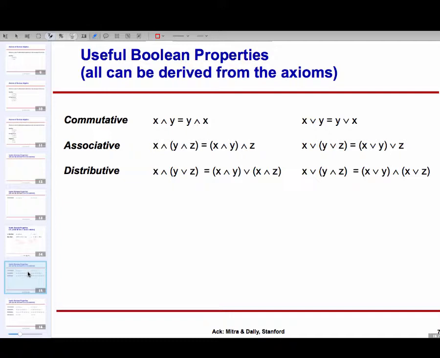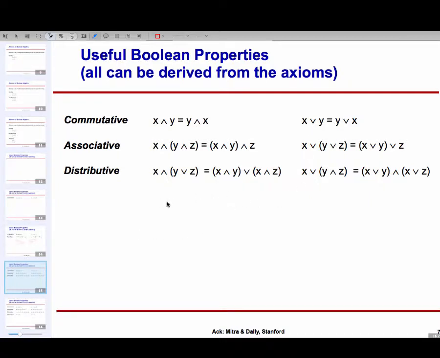We distribute multiplication over addition, but not addition over multiplication. You cannot say a plus b times c is the same as a plus b times a plus c. That's not true. But here, distributivity works both ways. I can also say x or y and z is the same as x or y and x or z. Okay. So the point I'm trying to make is that here, as you can see, distributivity is working for both